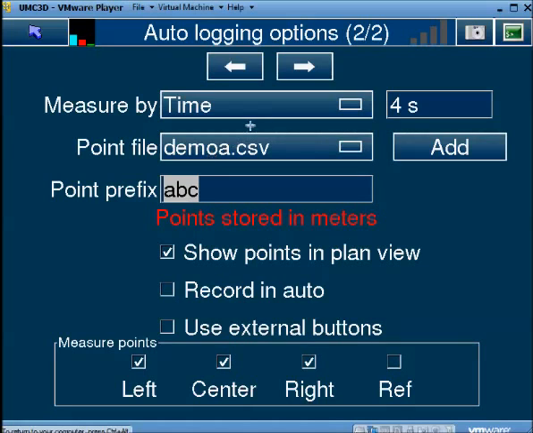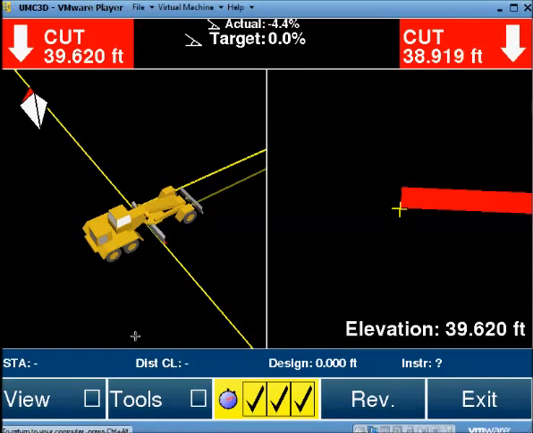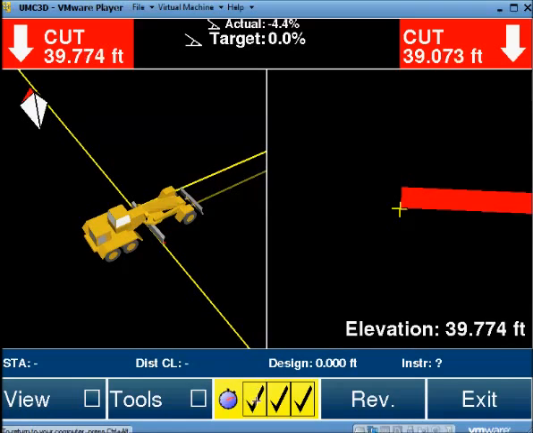So now all the settings are done, and if I now go out again to the run window, you can see here I got an indication that I've got the time as my logging option. I have my left corner of the blade, the center part of the blade, and the right hand corner of the blade. And when I start pressing here,